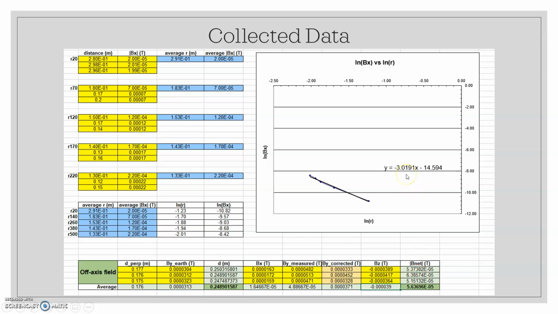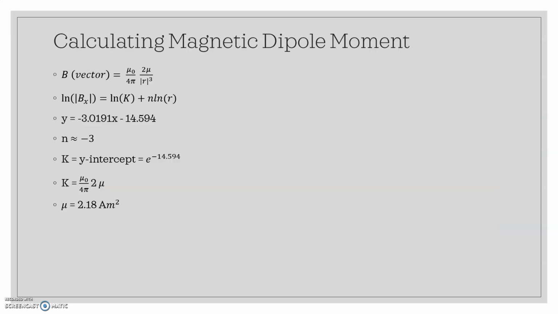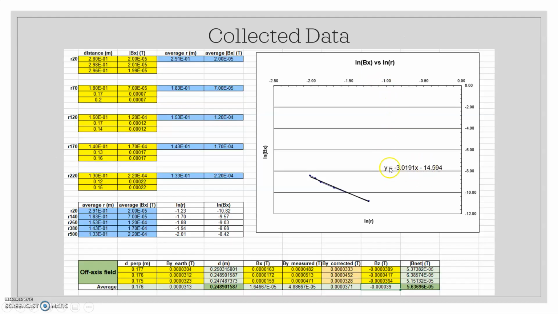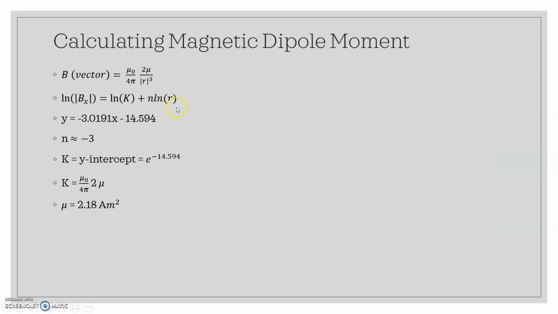But what we're looking at right now is the results of this graph, which we went ahead and used in calculation to find the magnetic dipole moment. I couldn't get the vector arrow above here, so we're just going to know that that's a vector. We know that the magnetic field is calculated as such, and we also know through our lab instructions that this slope value